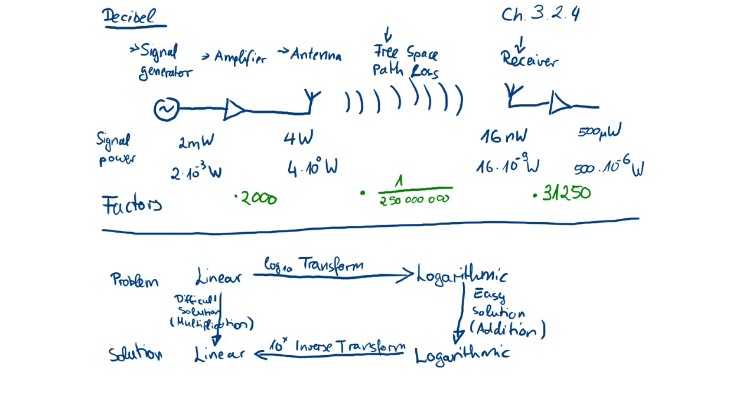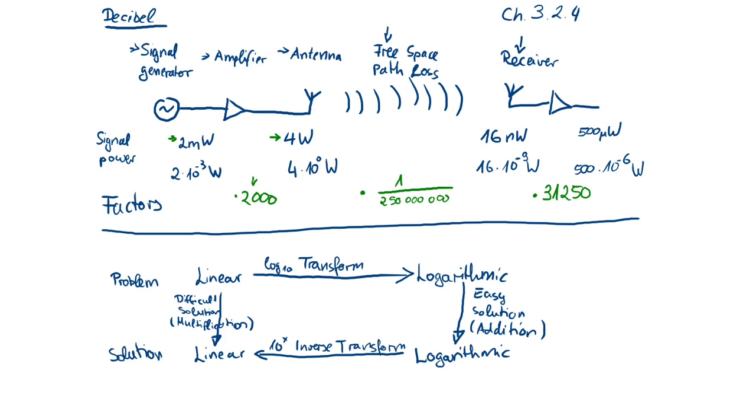And now we generate a signal with a power of 2 milliwatts here, and then the amplifier amplifies it up to 4 watts with a factor of 2000, and the antenna radiates the signal with a power of 4 watts, and the free space path loss attenuates the signal